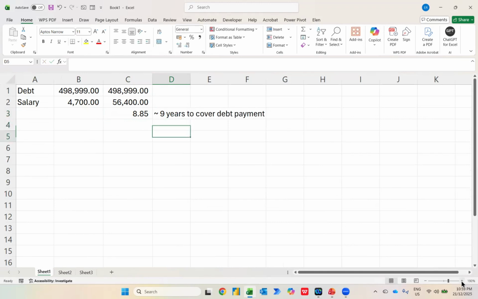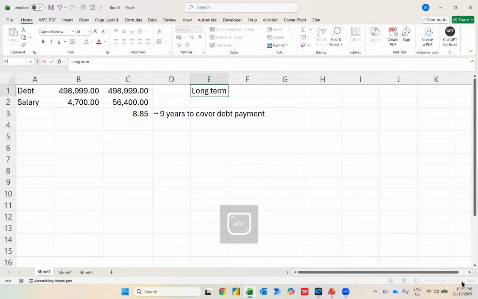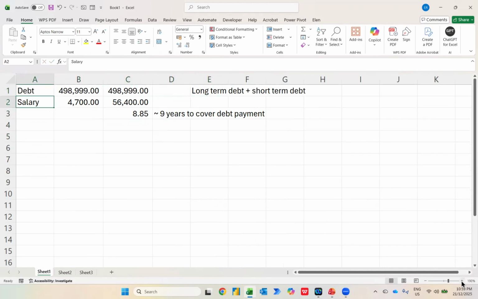But when you talk about debt EBITDA, you have to remember one thing. This debt includes the long-term debt and sometimes they will also include the short-term debt as well, which matures within 1 year and so on. And in a company, there is no such thing called salary. Of course, salary is a part of expenses. For an individual, it's an income. But for a company, they have revenue, they have gross profit, they have EBITDA. So in the context of a company, what is used is the total debt divided by the EBITDA. In this case, the bankers, the lenders, will try to determine how many years that particular entity will take to cover the debt payment.